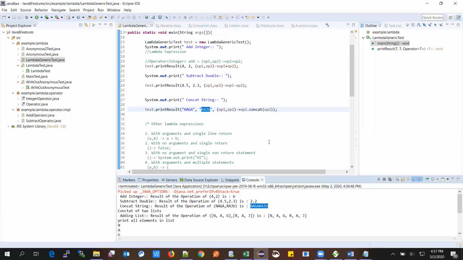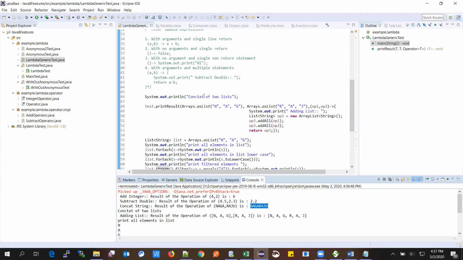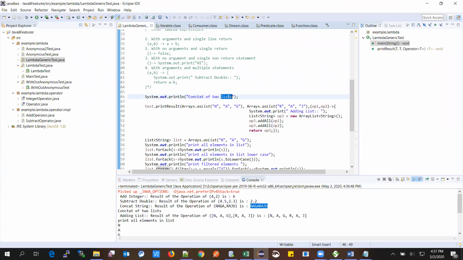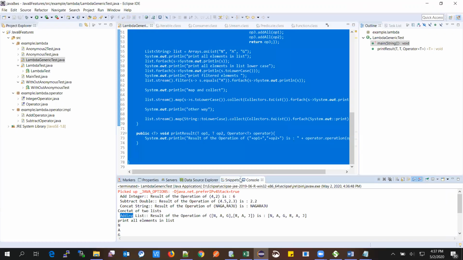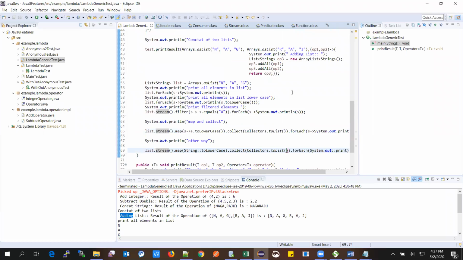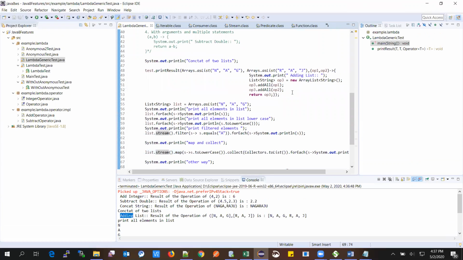And concatenating two lists, NAG and Raj, adding the lists, result of operation is two lists, NAG Raj.